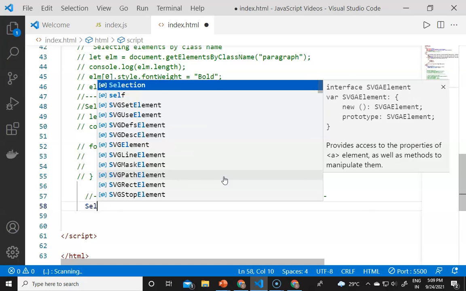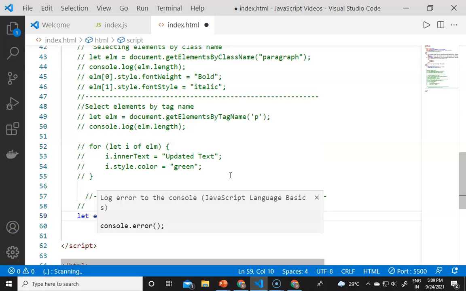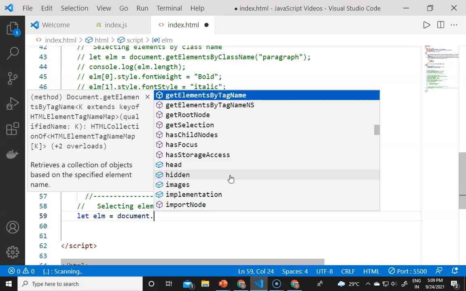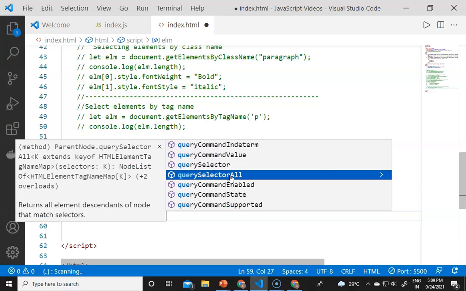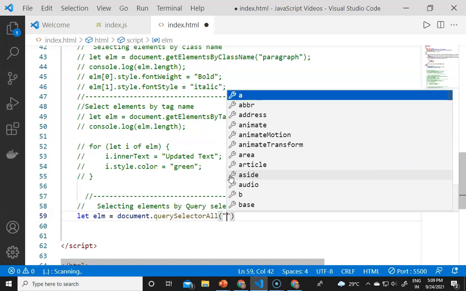selecting elements. If I now select the documents, like let elements equals document dot querySelectorAll, then it would be the UL or the LI.